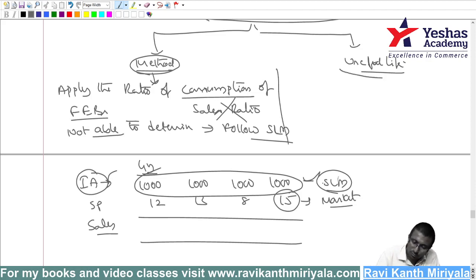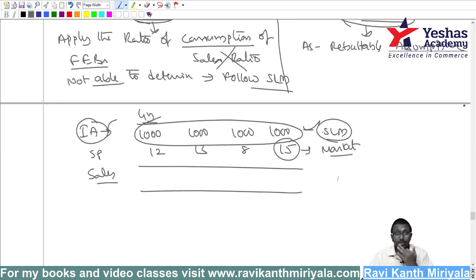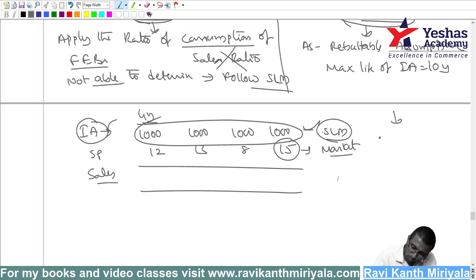Okay, next, useful life. On useful life, the accounting standard has a rebuttable assumption. What is a rebuttable assumption, my dear friend? It means the standard's assumption is arguable. The standard is saying the maximum life of an intangible asset is 10 years. You can argue it, but just because we are arguing, it is not that you should take 10. If you prove it, okay.